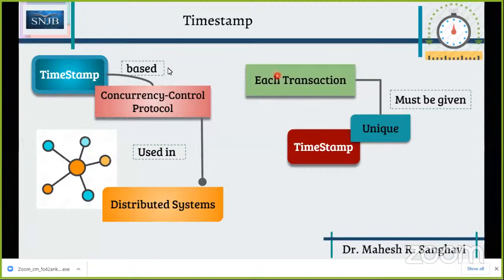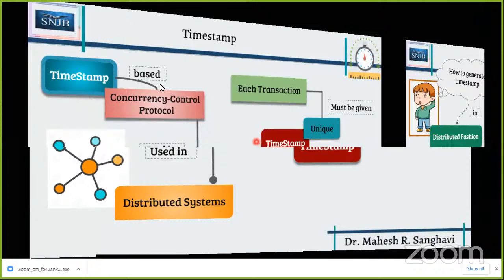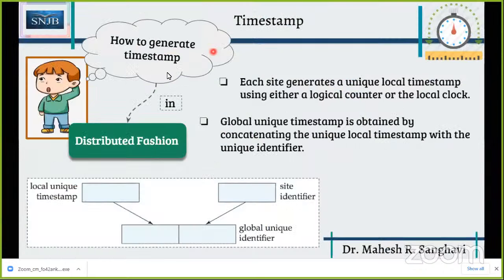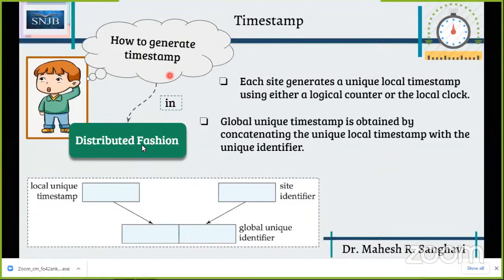It is actually a type of concurrency control protocol. It is mainly used in your distributed system, where we need to think about multiple sites, because here we are talking about distributed system. Each transaction must have a unique timestamp. And how will that unique timestamp come up? Along with the timestamp, we are including the site number. So if you observe this particular diagram, you can understand how to generate timestamp is the big challenge in case of distributed